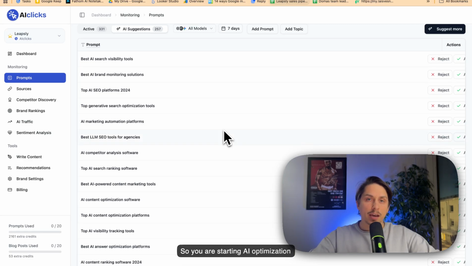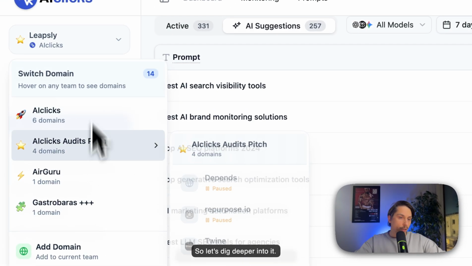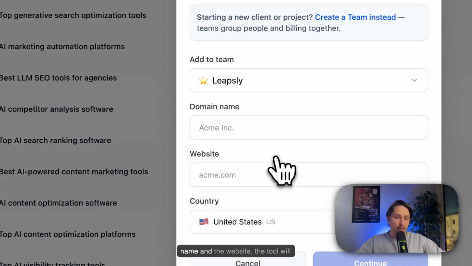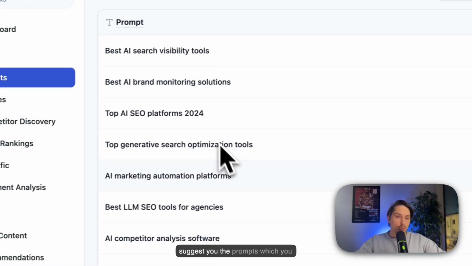So you are starting your AI optimization journey, and these are the first steps you need to do on AIclicks to set it up correctly, and everything starts from prompts. So let's dig deeper into it. Whenever you add your brand name and the website, the tool will suggest prompts which you'd like